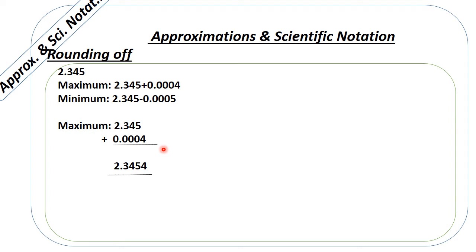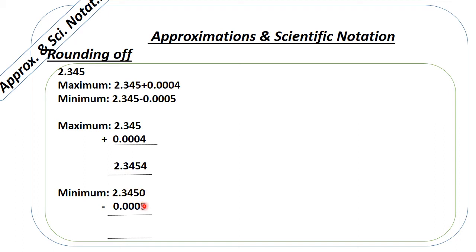For the minimum value, we do the same but minus, and of course instead of 4 we add 5. So note that the original number was 2.345, but here I added the 0 so that it corresponds to this. When you are dealing with minus, it's very important to put a 0, otherwise you can do it even without a 0, just like we did here, but there's no harm in just putting a 0 here. So when we want to subtract